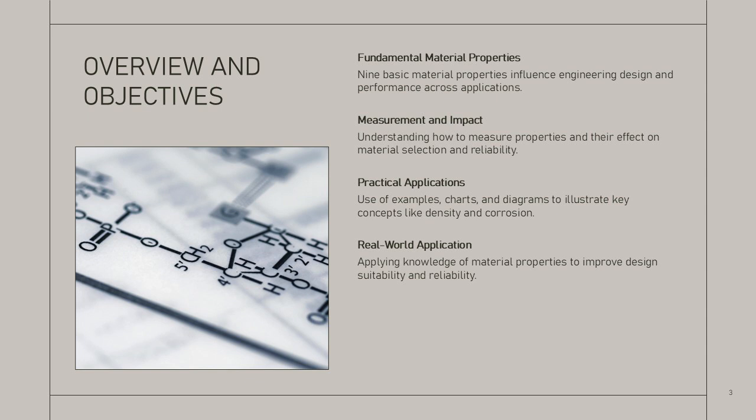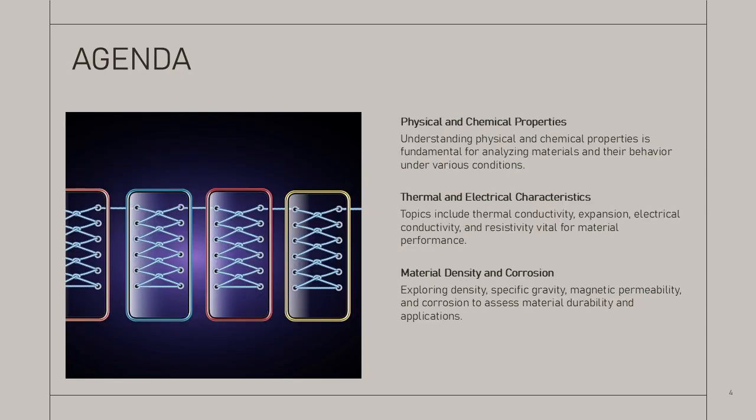The session emphasizes practical examples, charts, and diagrams to illustrate concepts such as density, thermal and electrical behavior, magnetic characteristics, and corrosion mechanisms. By the end, participants should appreciate the interplay between these properties and be able to apply this knowledge in real-world scenarios. The agenda covers: Number 1, physical versus chemical properties; Number 2, phase transformation temperatures; Number 3,